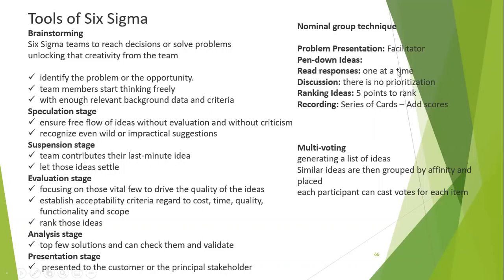Okay, so it is the same thing with multi-voting. For example, what I'm doing here, we ask them to write 10 ideas, and then one idea we ask them to publish, or tell them at one time. So are they the same thing? What is happening in multi-voting is generating a list of ideas. I'll ask the members to write all the ideas on the board. Five members will write all their ideas. If it is a duplicate, they will remove it. Otherwise, they will write it on the board.